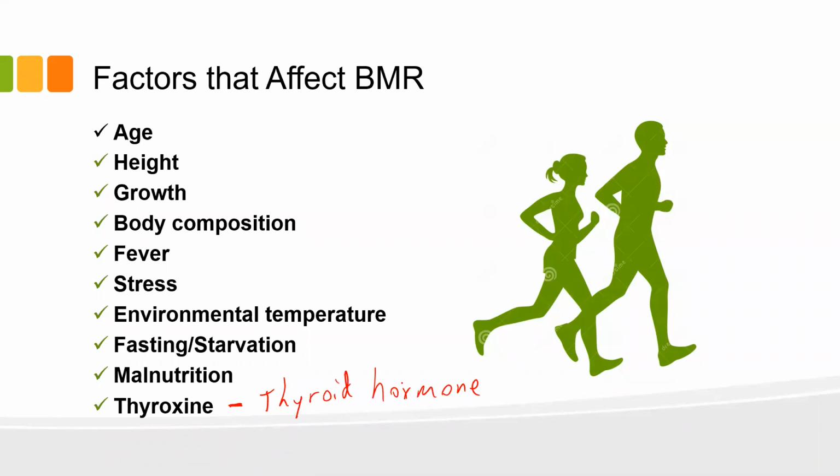And it's really a key metabolism regulator, in that it actually secretes a number of hormones that have things to do with your metabolism. And so thyroxine is something that the more you secrete, the higher your BMR. I don't know much more about it than that. I just know it's one of those key metabolic hormones that either speeds up your metabolic rate, or if you're deficient in it, then your BMR slows down.